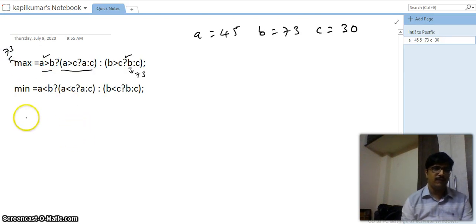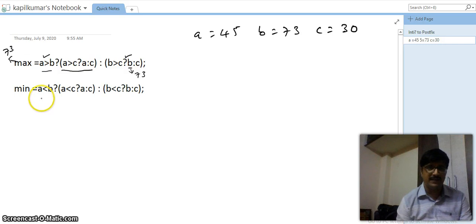Similarly, if I would like to find the minimum element out of the three elements, I will apply the same thing. First I calculate whether a is less than b. Yes, the condition is true here.